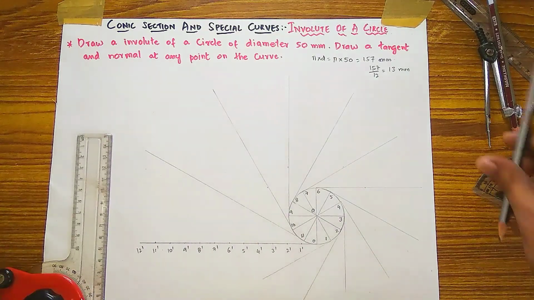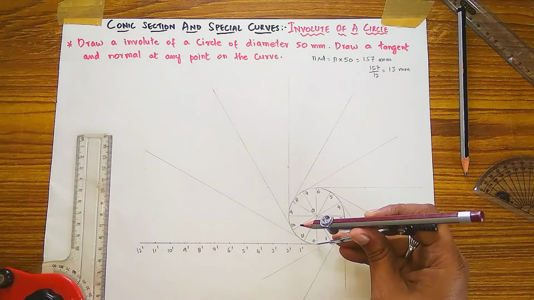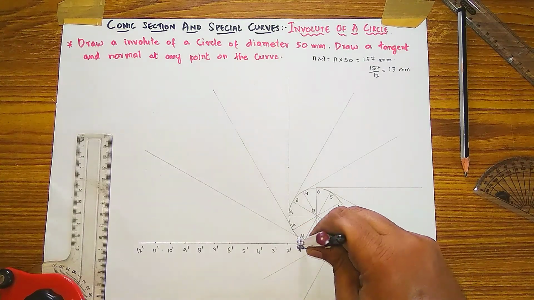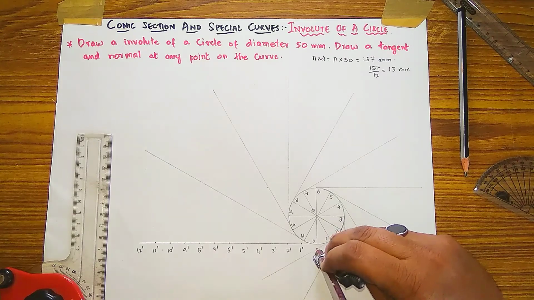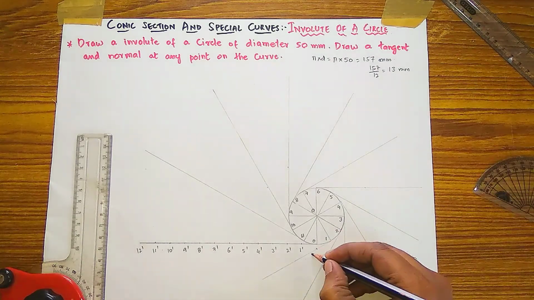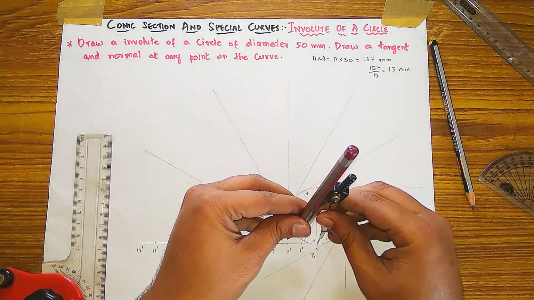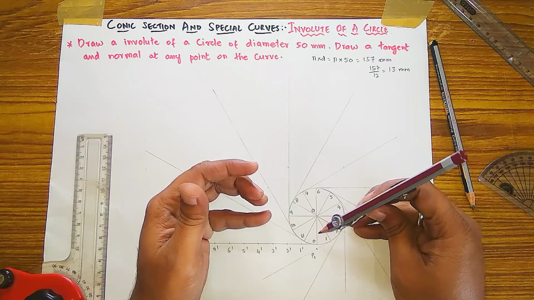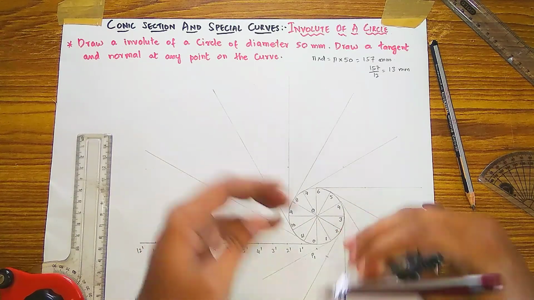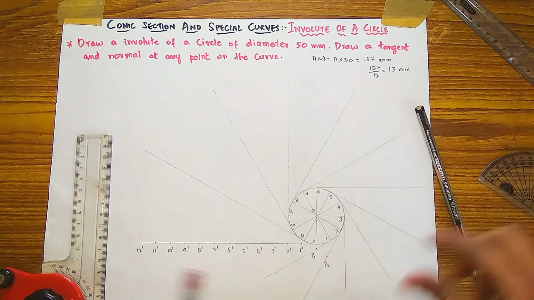So then after taking the perpendicular lines, you have to take a divider, measure from 0 to 1 dash on your divider, and keeping on 1 only, put an arc like this and label it as P1, point 1 we have removed. Then similarly, from 0 to 2 dash you have to measure on your divider, and keeping on 2, put a line on that perpendicular line of 2, then this point will be P2.